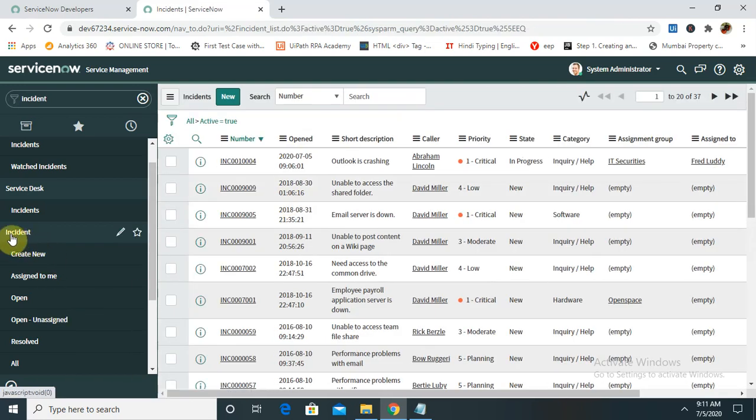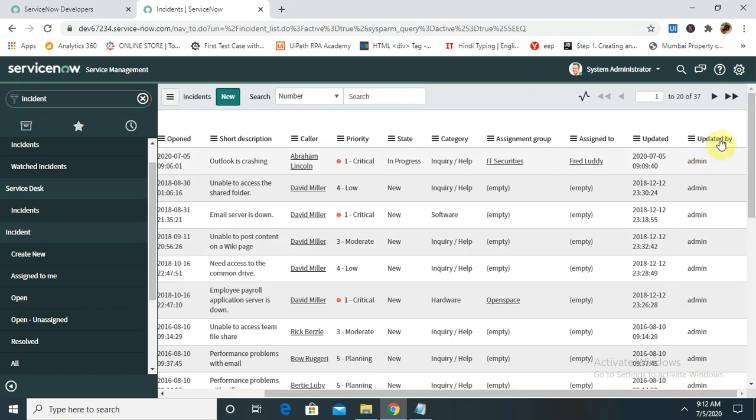You can see here the incident is listed in this column. This is your incident number, open date, short description, caller, priority, state, category, everything is filled in here, and updated by the admin person. So this is all about how you can create an incident in ServiceNow.